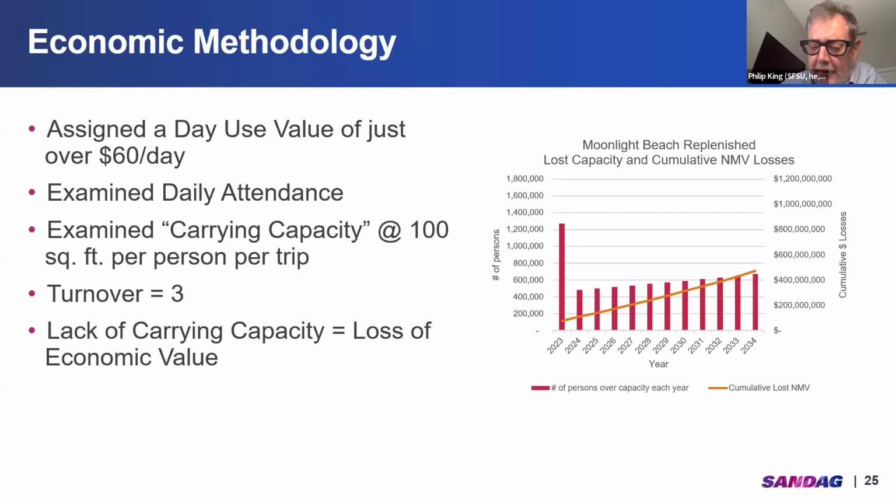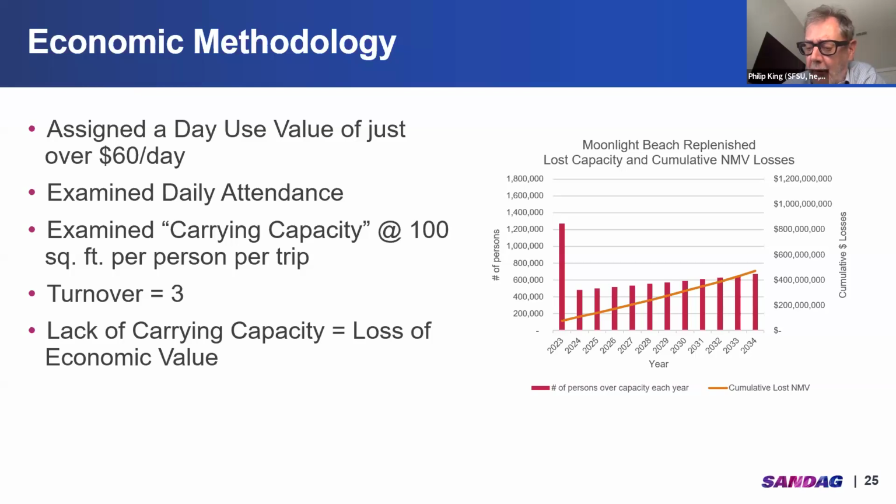Their modeling is consistent with towel space of 100 square feet, which is 9.3 square meters for those of you who are metric. I resisted these models, frankly, as some of you know, for many years, but I've come to embrace the concept of carrying capacity, especially as we lose beaches and beach width over time. And we know that our loss of beaches is going to increase over time. So the 100 square foot rule is also generally consistent with guidelines developed for COVID and other infectious diseases. So we assume a turnover of 3 people per day, which is again consistent with previous studies, including mine.